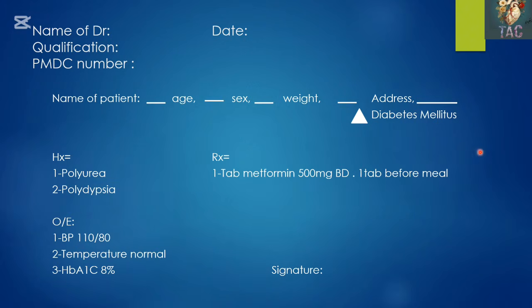The last one is that of diabetes mellitus, and usually the patient presents with polydipsia, polyuria, polyphagia. On examination, you can see BP is normal, temperature is normal. On investigation, you will see the HbA1c is raised. It is uncontrolled. It is 8% or more than this. So we will give the anti-diabetic medicine to the patient, that is tablet metformin 500 mg twice daily, and the tablet should be taken before the meal. And at the end you will have the signature of the